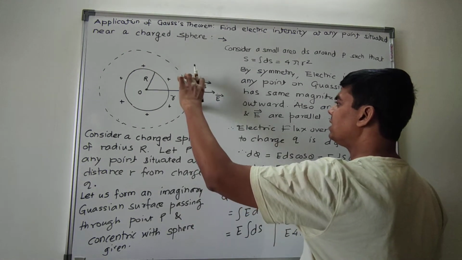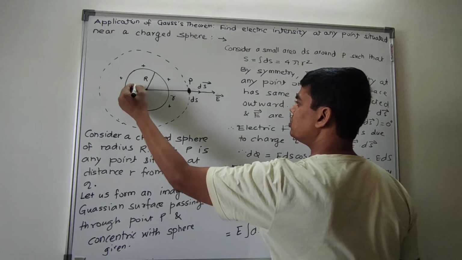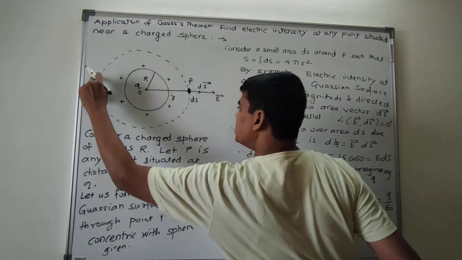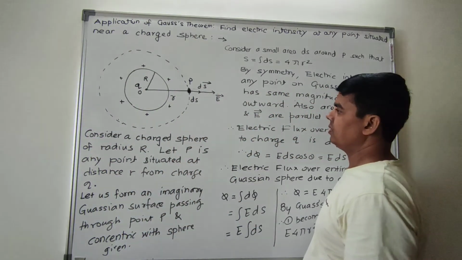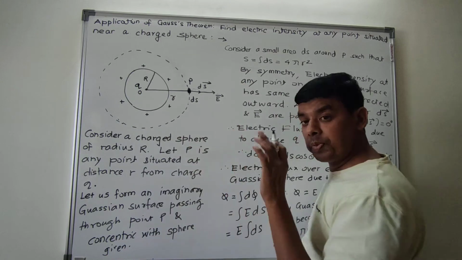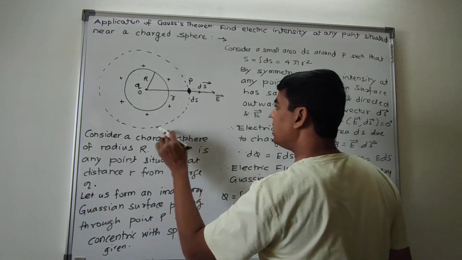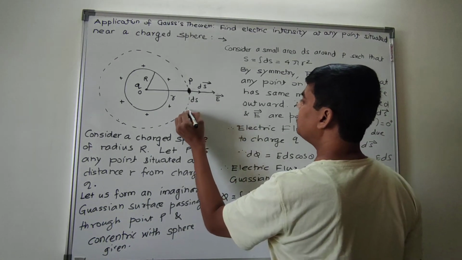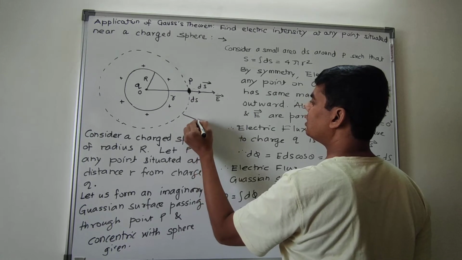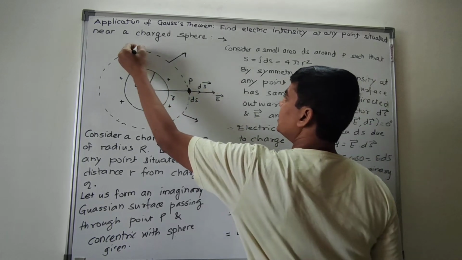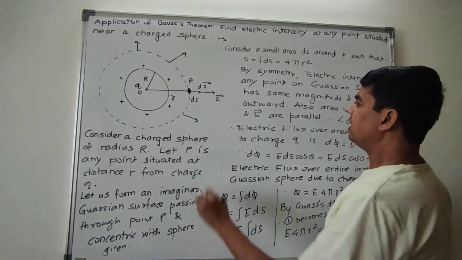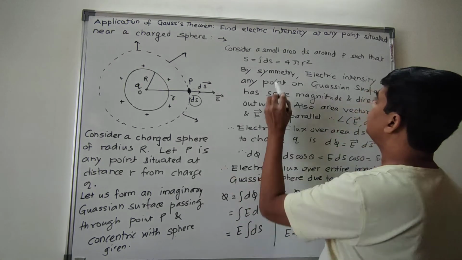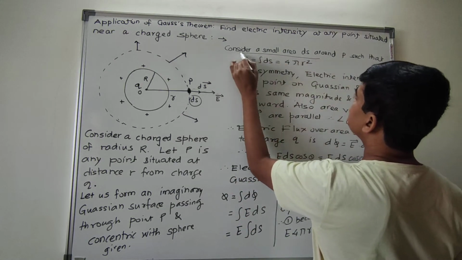Now to determine the electric field at point P due to charge Q situated inside the sphere, suppose that we make an imaginary Gaussian sphere. As it is a Gaussian sphere, the electric intensity at any point on the surface of this sphere is also the same. And moreover, at any point it is radially outward. At this point P, suppose that we have a small area ds such that the integration of ds is the area of the sphere.